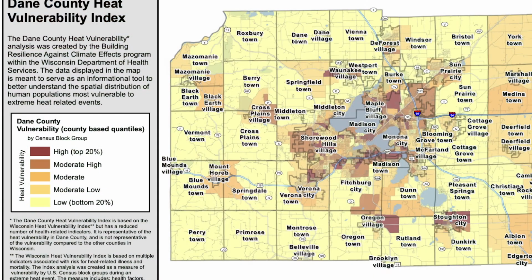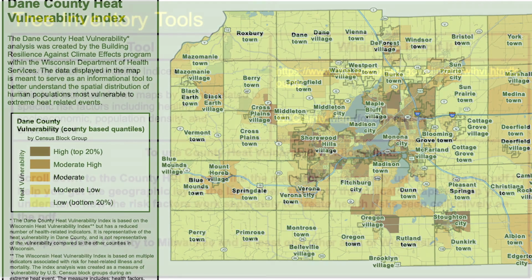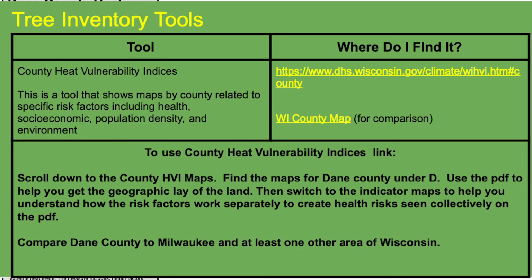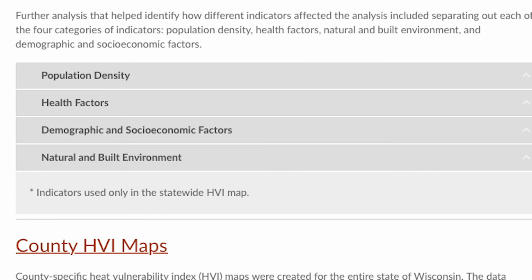Once students have that personal neighborhood data, then they connect that to other areas around the state. And we look at the Wisconsin Department of Health Services heat indices. This is a website that shows the heat risk related to population density, socioeconomic factors, health and environmental factors, and other demographic information. And students are able to look at specific neighborhoods and to look at how each of those factors impacts the health risk related to extreme heat events.